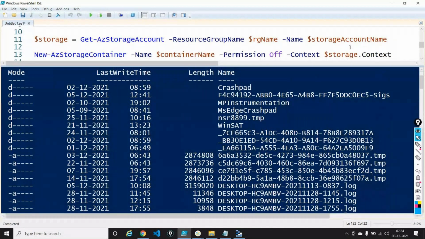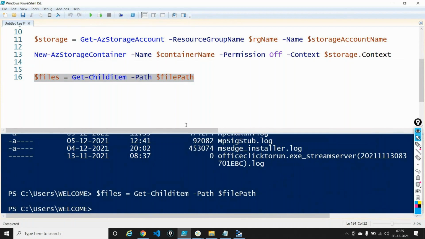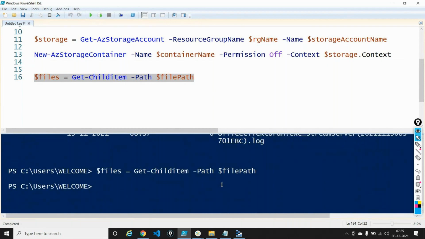Okay. So what I will do here is that in line number 16, I will say it is dollar files. Dollar files is equal to something like get child item path is equal to this path. And if I execute this out, dollar files will have all these files, like every command, everything that I have seen here. Dollar files is holding all those things out. Now in order to pass the output of this command as an input to the other command, I'll use a pipe. So I'm using a pipe or a pipeline, whatever you can call this as. I'm using a pipe out here and I'm saying where